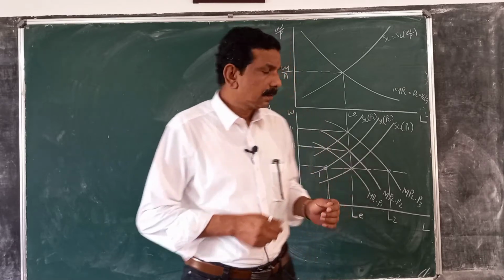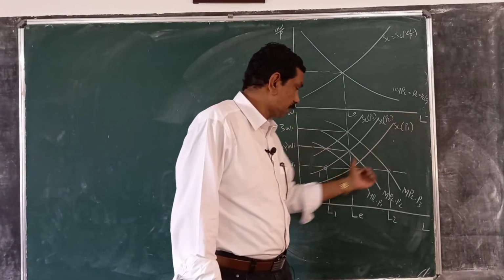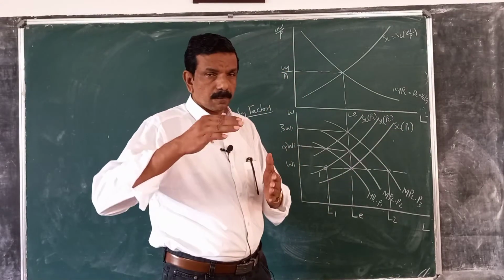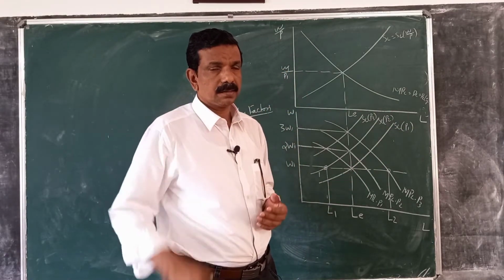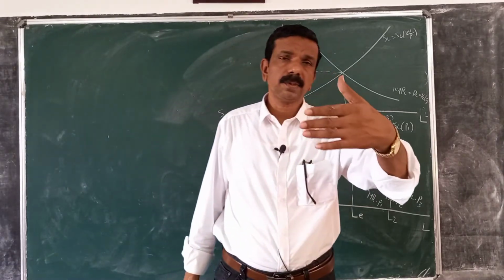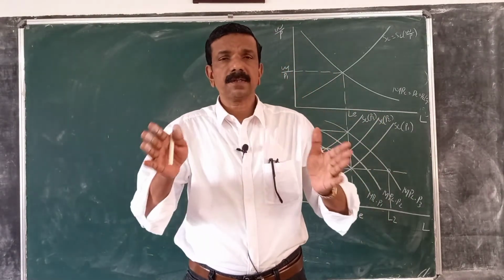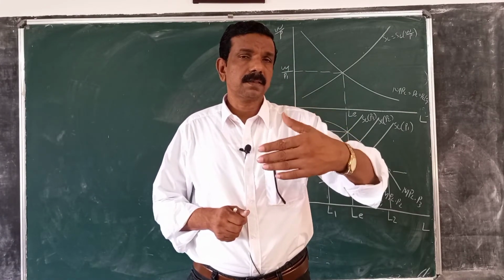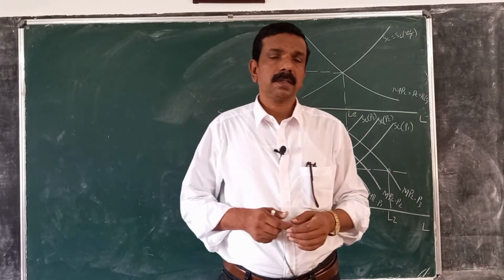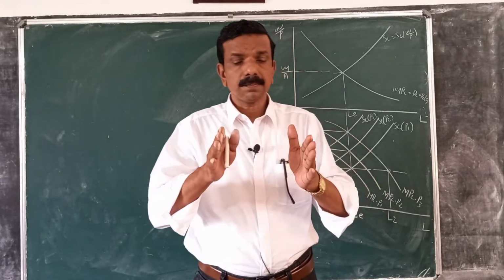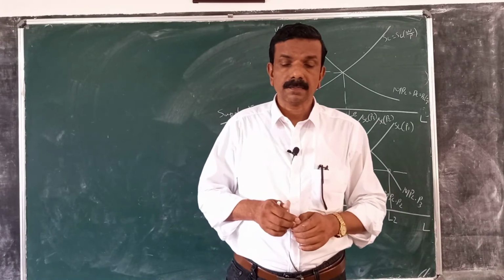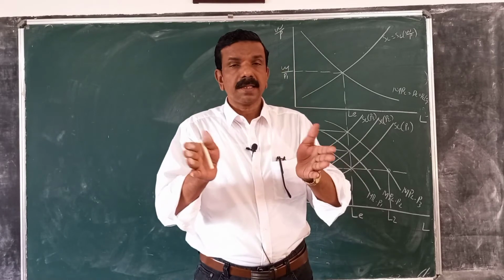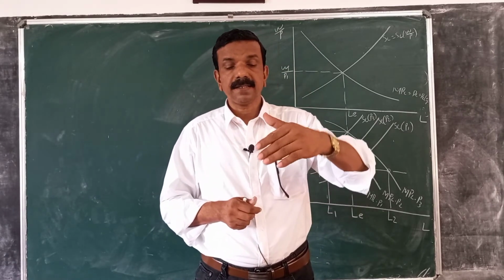So naturally, each price level has a different SL, supply of labor curve. Workers are interested in real wage, and in the classical model it is assumed that workers have perfect knowledge about prices. So it is assumed that they have full knowledge about real wage. So for each price level there is a different curve. So for a given money wage, each price level means a different real wage and hence a different amount of